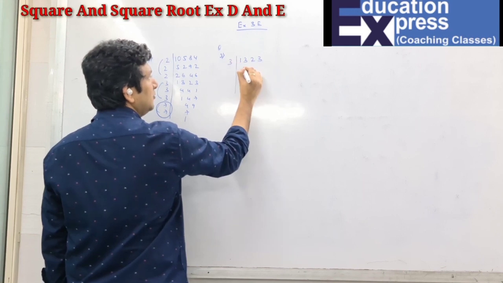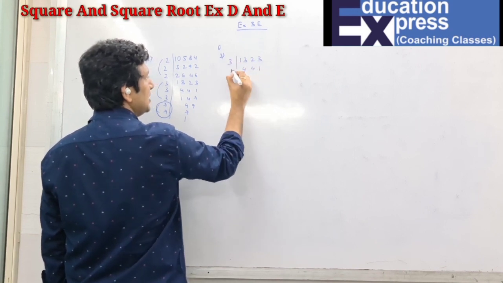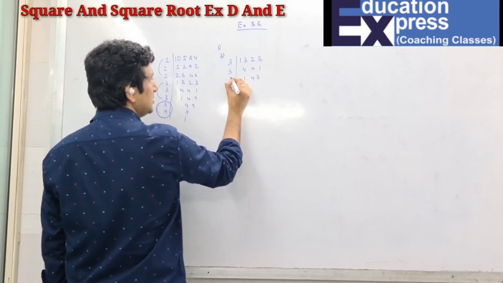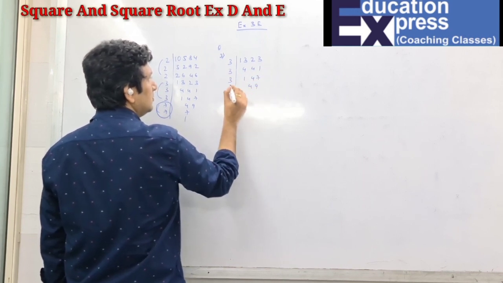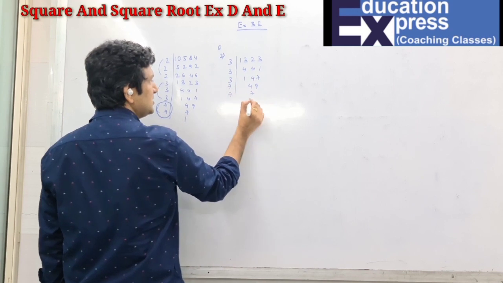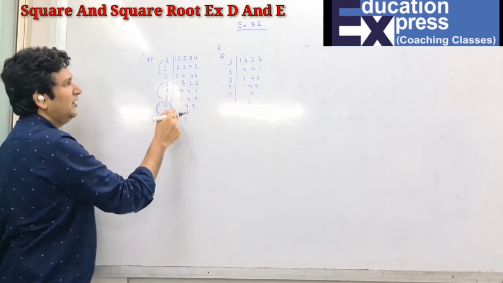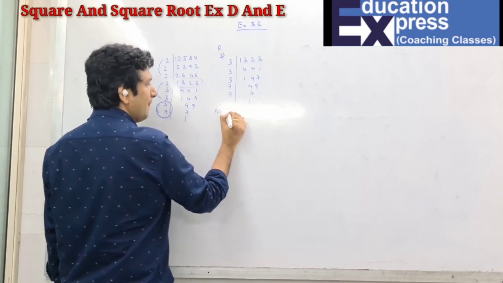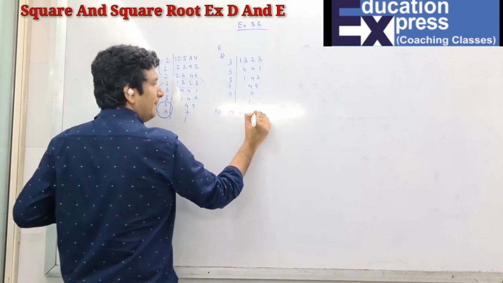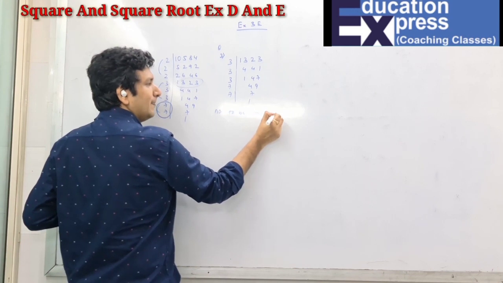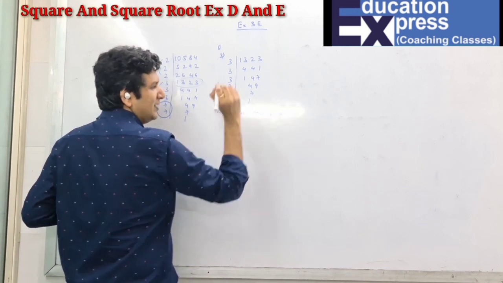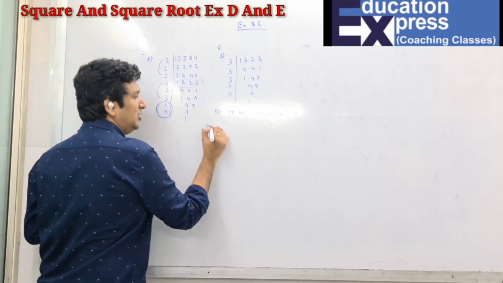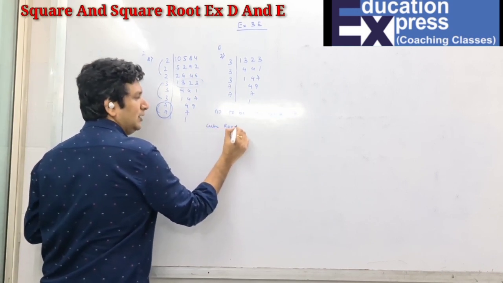3 4s are 12, 3 1s are 3, 3 4s are 12, 3 7s are 21, 7 7s are 49. Same students, same sum. We have done it the same way as in 1 3 2 3. So the number to be multiplied is 7 to get a perfect cube.